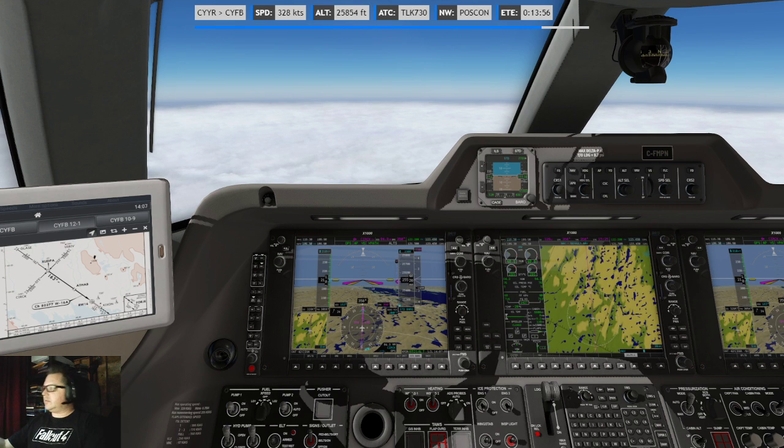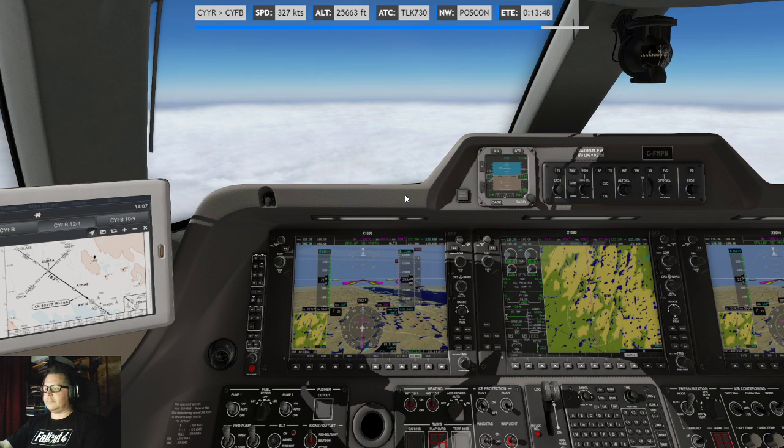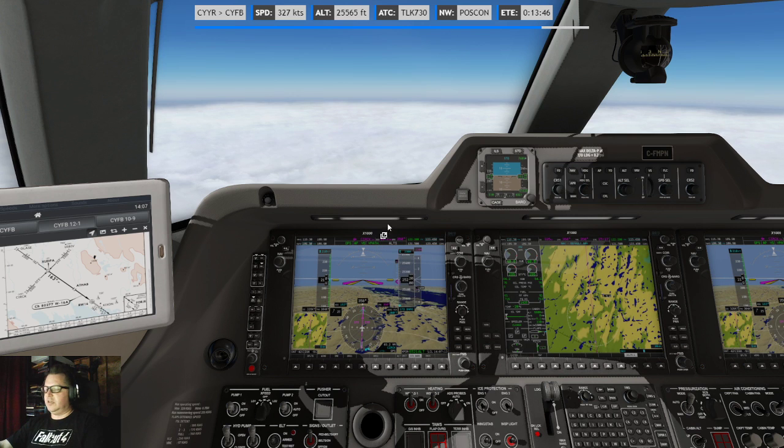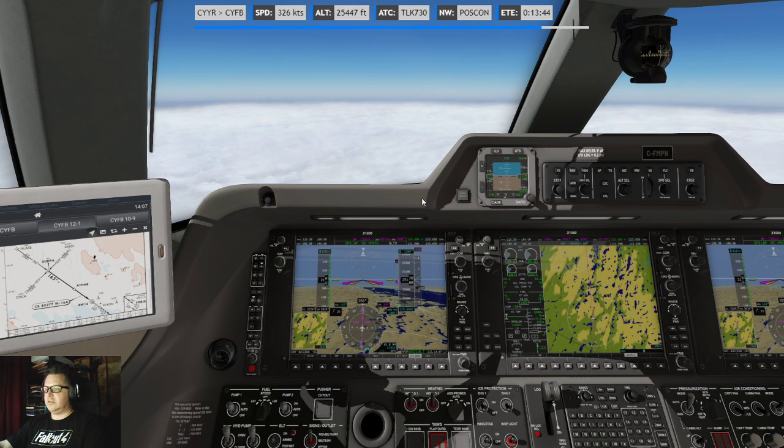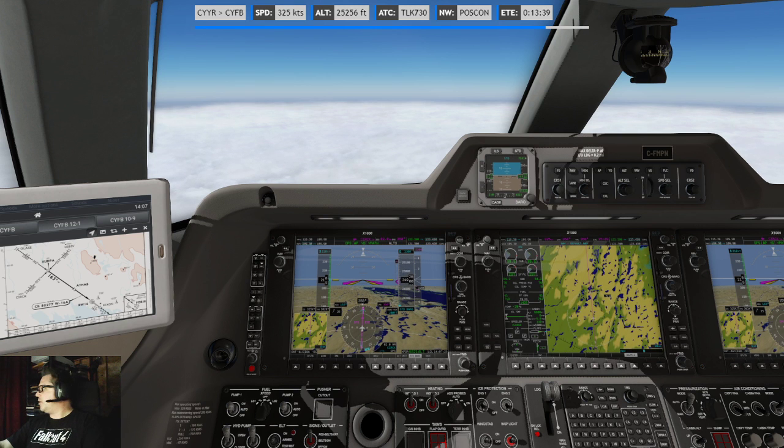Iqaluit. Probably on the edge of the reach for the comms, but it's under 100 miles, and there's not much else in this universe but me on my way to Iqaluit.